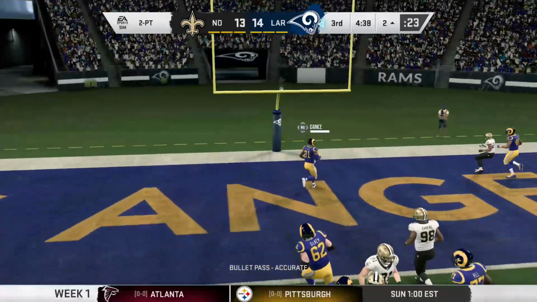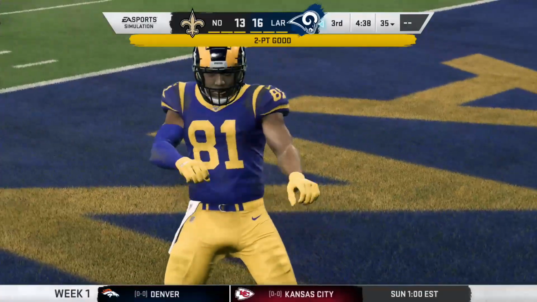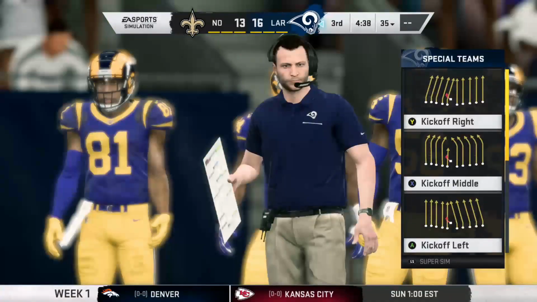Goff throwing again, and he's got it. The try for 2 is successful, and it pushes the lead up to a field goal. So that effort gives him